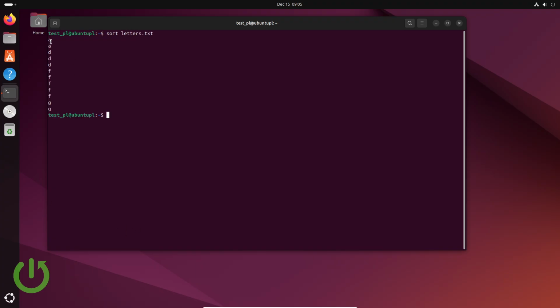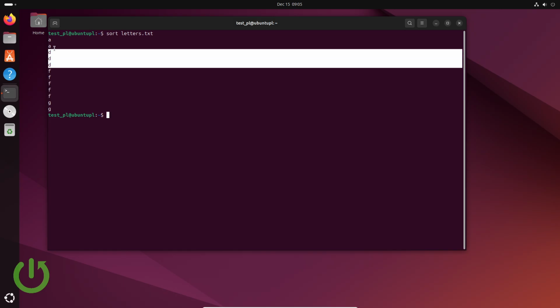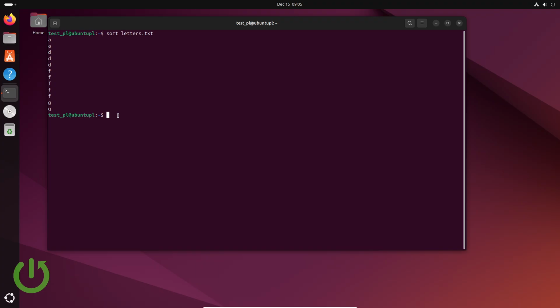And again, maybe you can go back, because as you can see, if we sort our letters like this, we have a problem, or not a problem, but maybe we don't want, for example, a double A, a triple D, and so on. So how to remove duplicates? We can remove duplicates by typing sort and the option -u. That stands for unique, because, for example, we want to remove every duplicate, as I said,